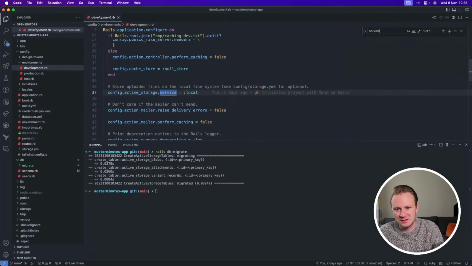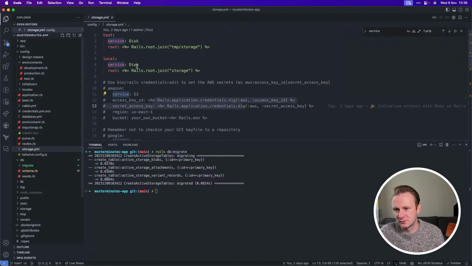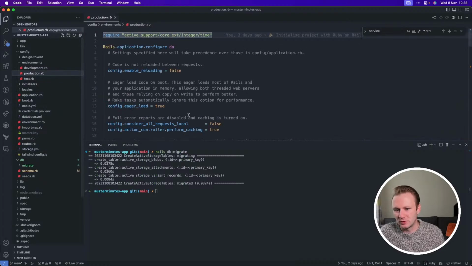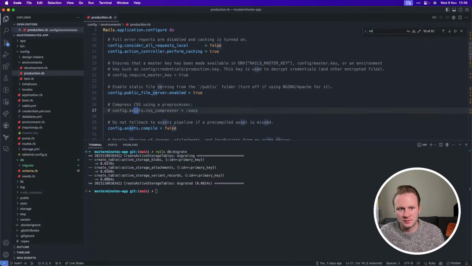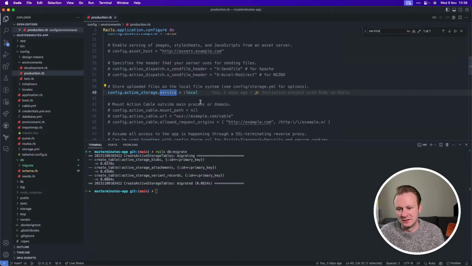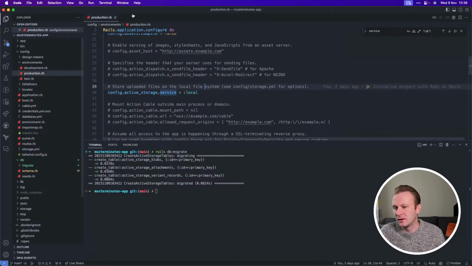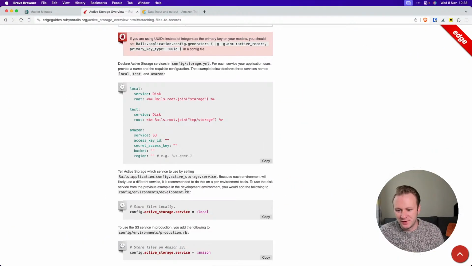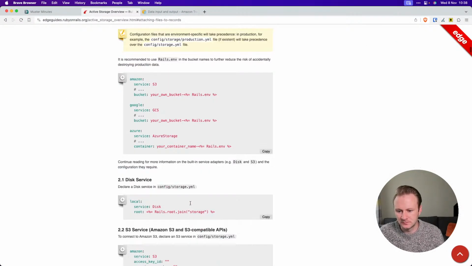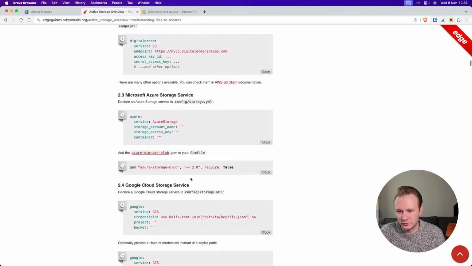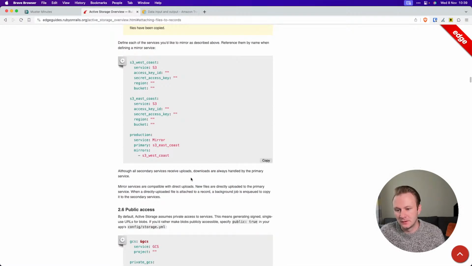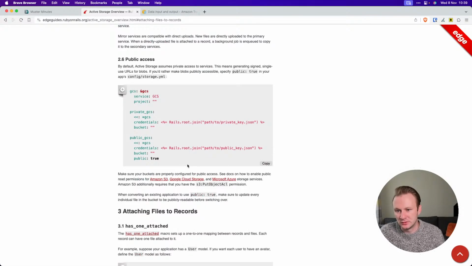It was written right there, wasn't it? Local. So it's going to use the local storage, which is the one that's in the folder called storage. In production, service is also set up to do local. We will need to change that at some point, but for now that's fine. So we're not going to bother configuring it just yet. It's telling us about that, and we are then going to